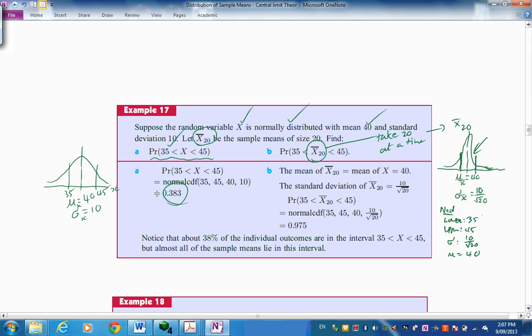So in other words, you're working on a different distribution. You won't be working on the distribution of raw scores, the original scores. Because when you take the mean of 20, the standard deviation of those means is less. So it's going to come to a much higher percentage,